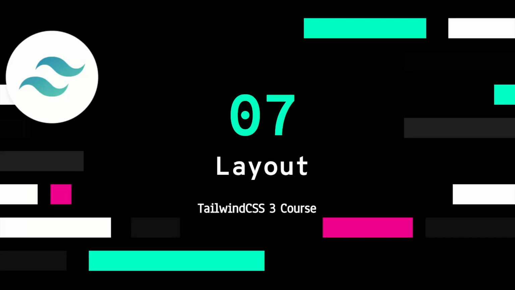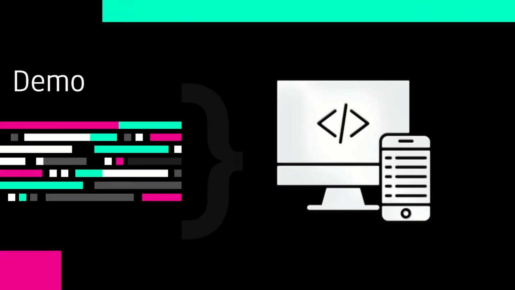Now, let's actually start styling our project, and let's look first at layout. Layout has classes that reflect directly on the CSS property names, which you may already be familiar with if you used CSS before. So what that means, let's get into our demo and our project and really start styling